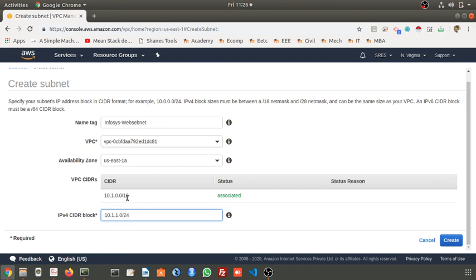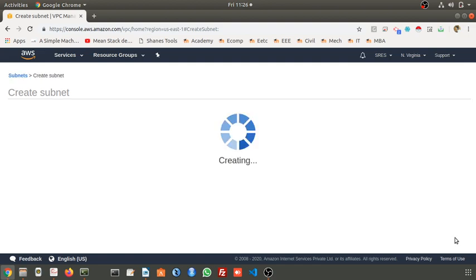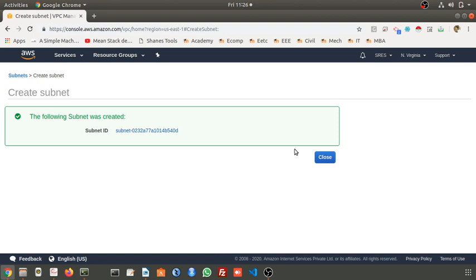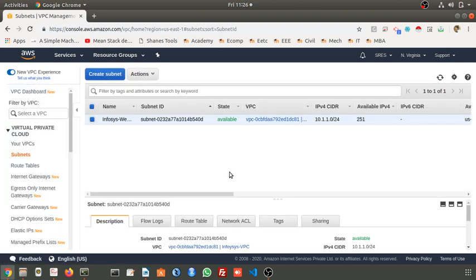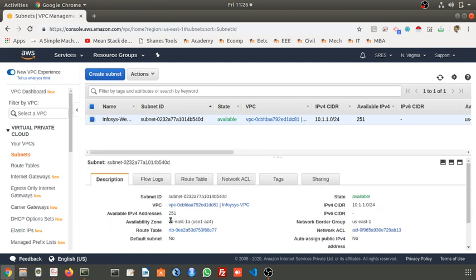As it is a /16, you can give any range within 255. Create. The subnet is created in the US East 1A zone. I will create one more subnet.